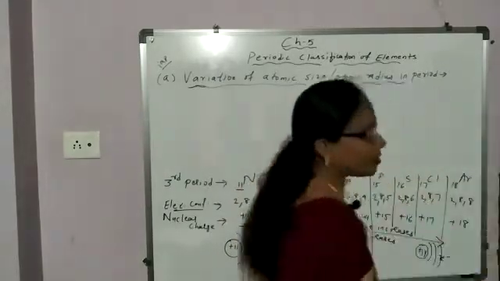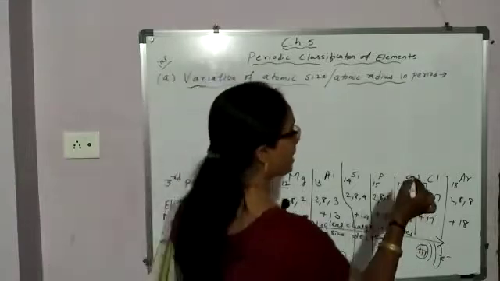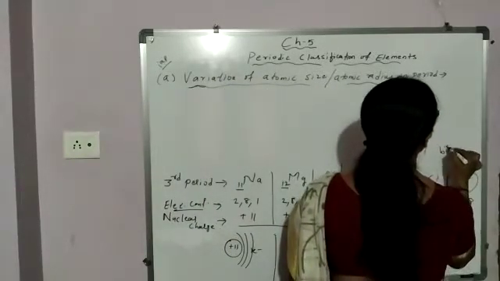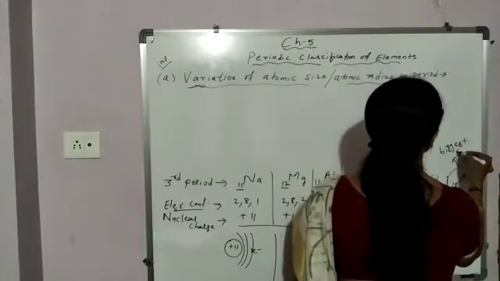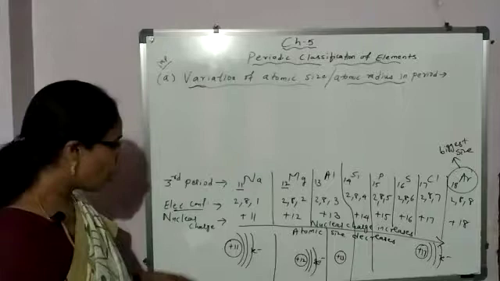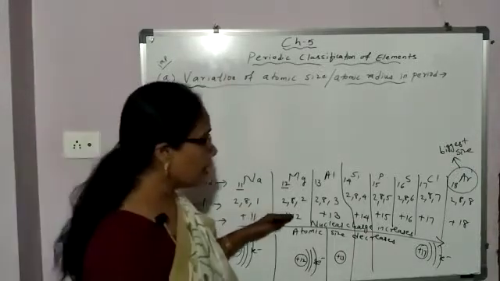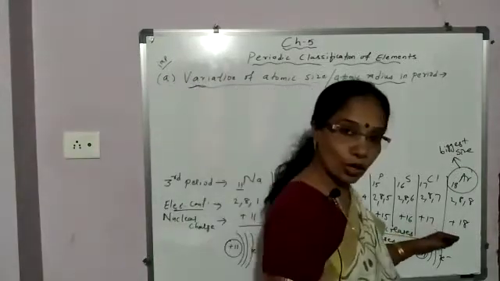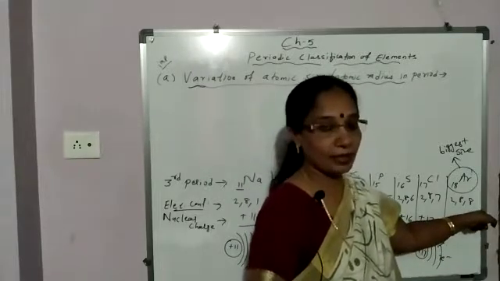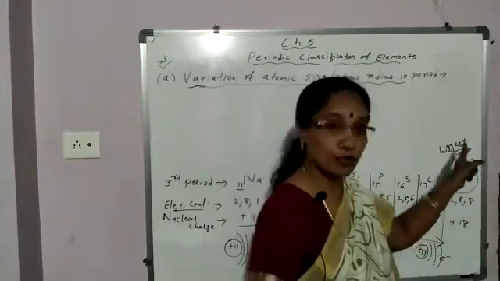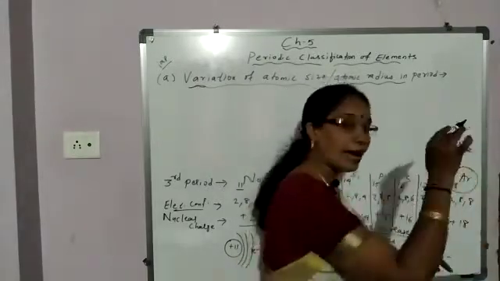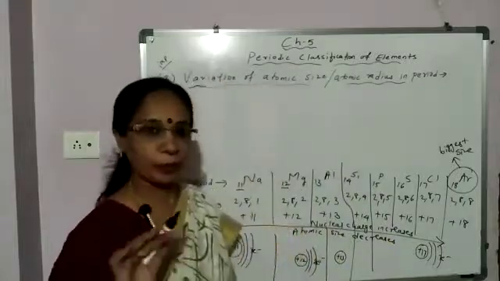But this decrease in size continues up to chlorine in a particular period. The last element is the noble gas, and the noble gas has the biggest size. In a particular period, the noble gas has the biggest size. This I will discuss later on, why. So, as you move from left to right in a period, atomic size goes on decreasing. If it goes on decreasing, the noble gas is the last element in a particular period, so it should have the smallest size. But in a particular period, noble gases have the biggest size. Clear?